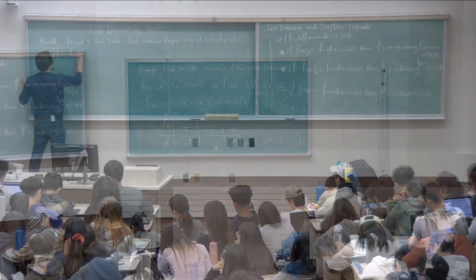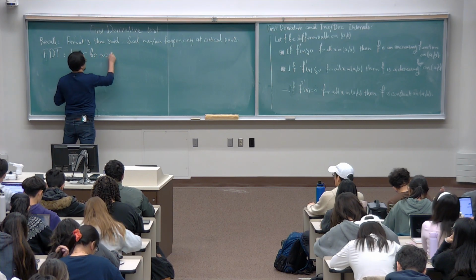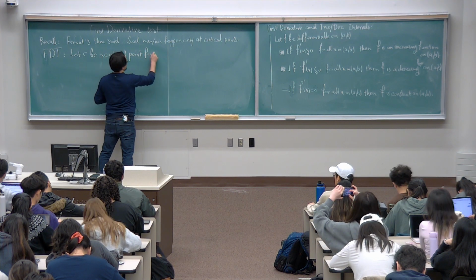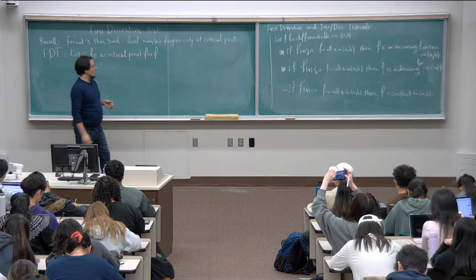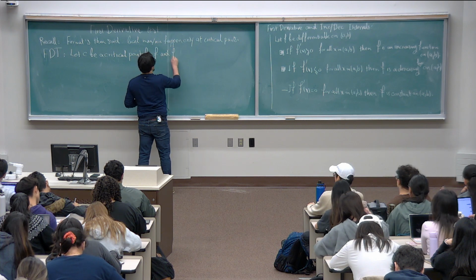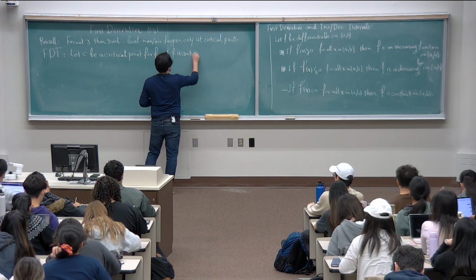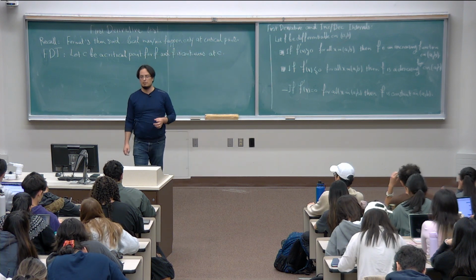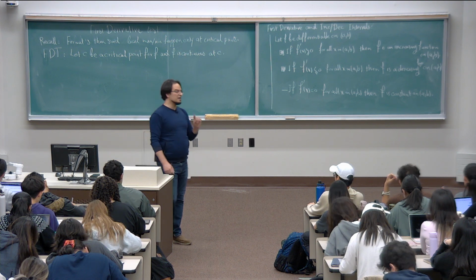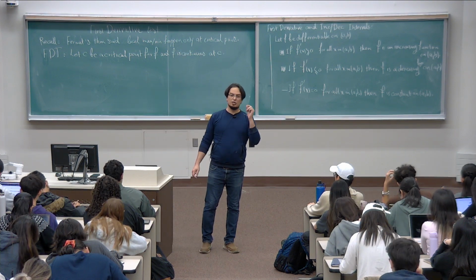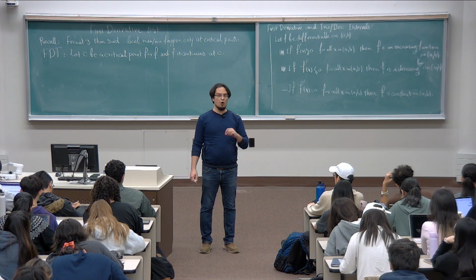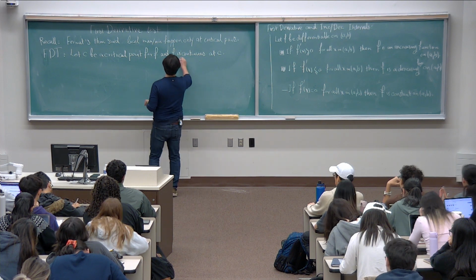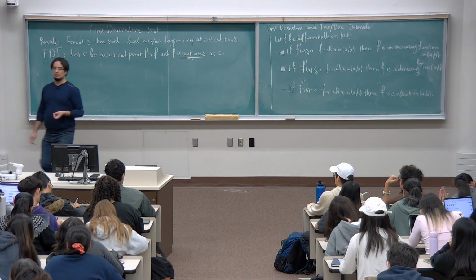It says: let c be a critical point for f, and f is continuous at c. In other words, the function is not differentiable at c, or it is differentiable and its derivative is equal to 0. But I want to make sure that my function is continuous at that point. Then